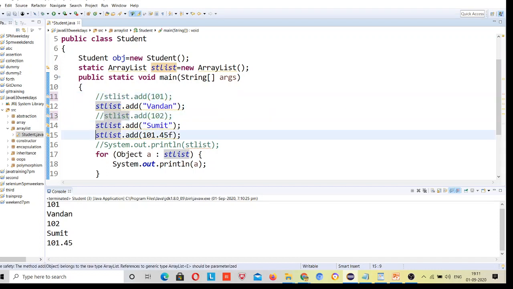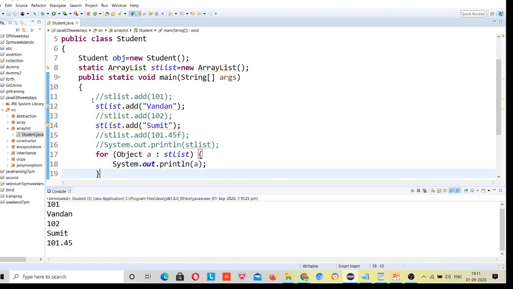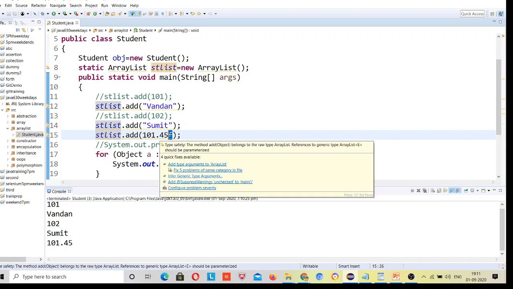This is the syntax for writing float, writing f at the last, 101.45f. Why are we writing f here? This is the syntax. Actually, if you will not write this f, then it will consider it as double, right?